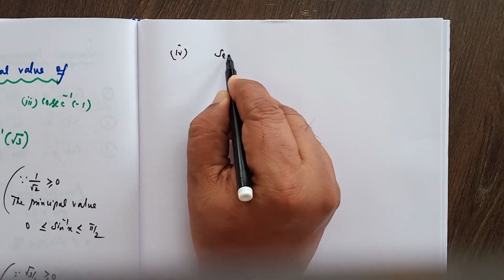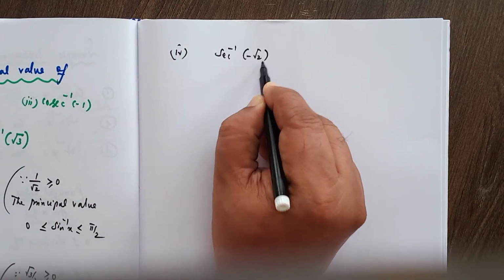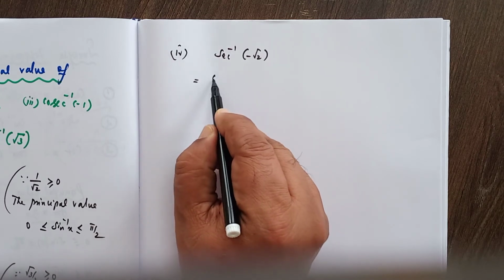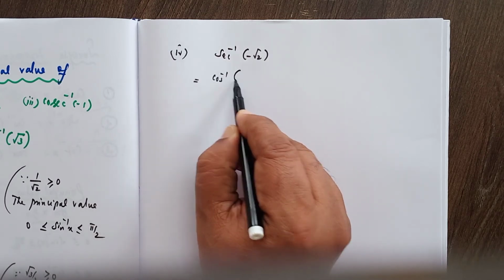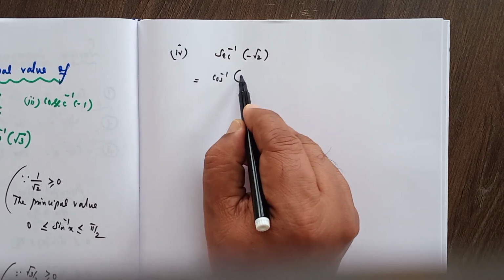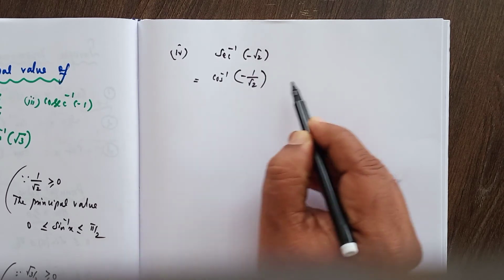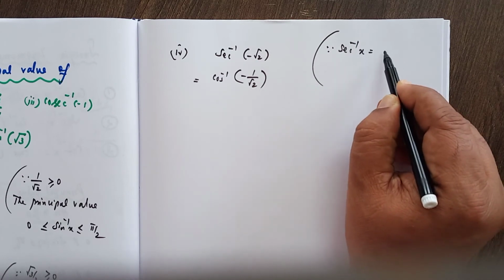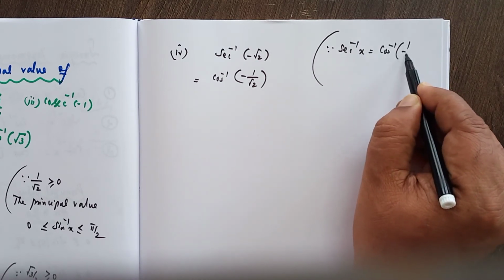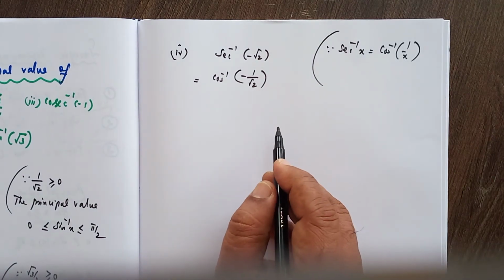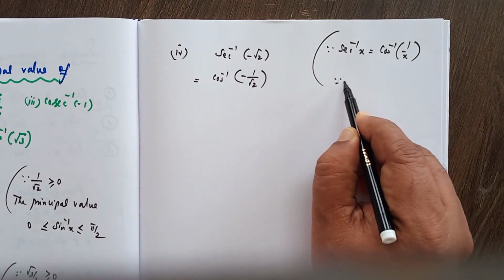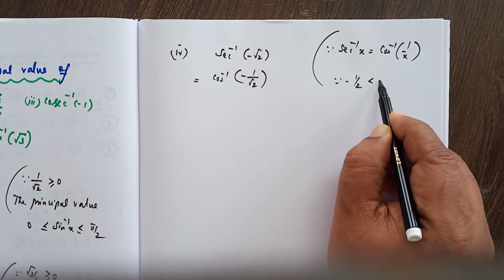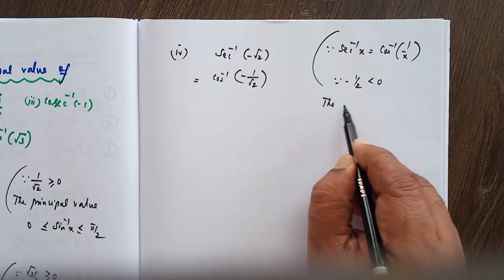Secant inverse of minus root 2. You can change secant into cos. If you change secant inverse into cos inverse, you have to write the reciprocal, minus 1 by root 2. Write the property here, since secant inverse of x is equal to cos inverse of 1 by x. Now, minus 1 by root 2, which is less than 0, the principal value